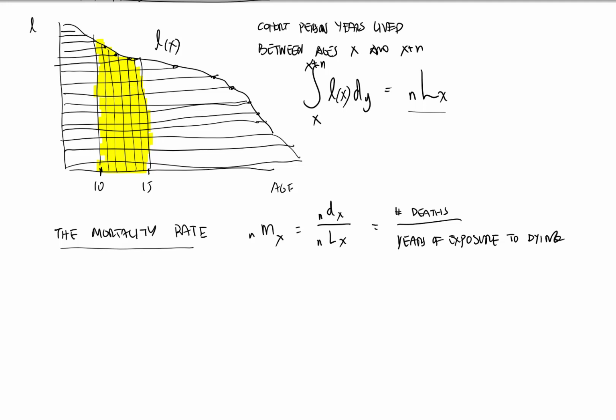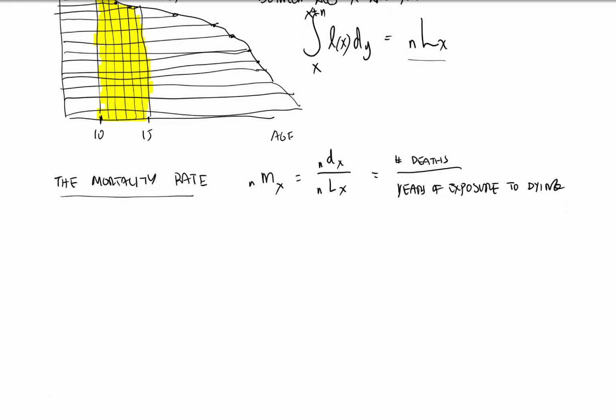So in the numerator, we're always going to have the number of events, and in the denominator, we're going to have the exposure to that event. In this case, we're looking at deaths. We could look at births. And so the numerator will be the number of births, and the denominator will be the years of exposure to having a birth. Okay? So just to recap,